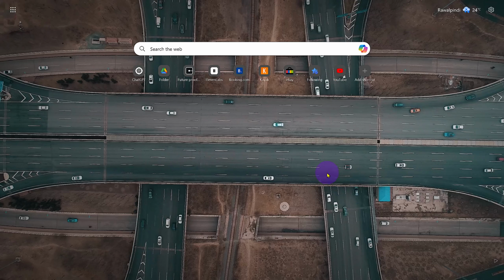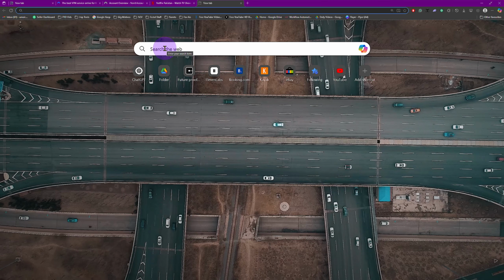In this guide, I'm going to be showing you how to use NordVPN on a PC. So first of all, open a browser of your choice, and in there you're going to be typing NordVPN